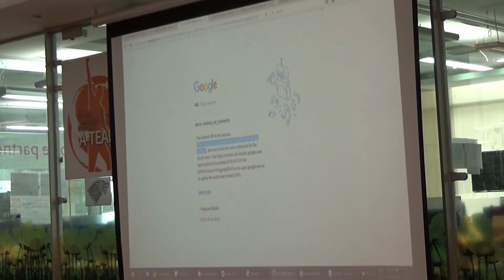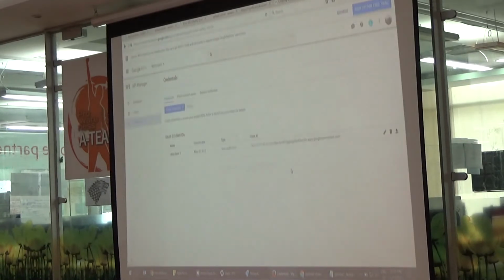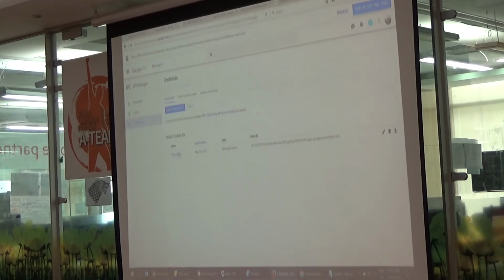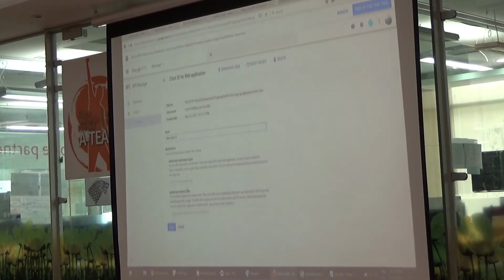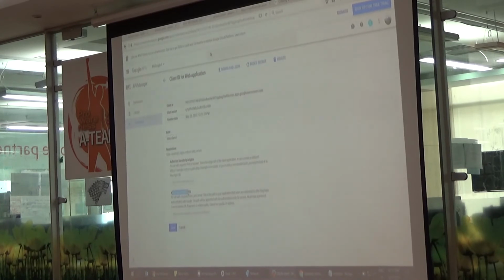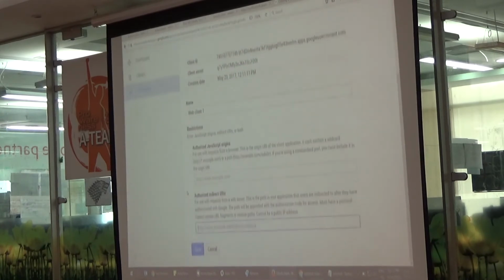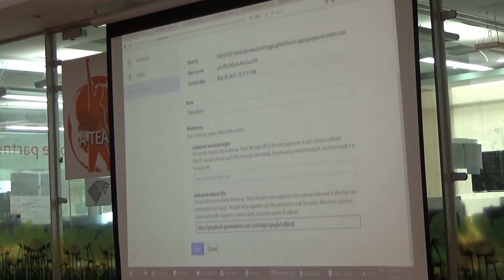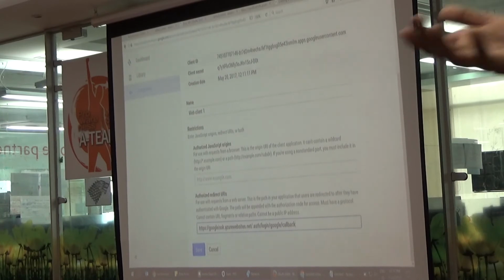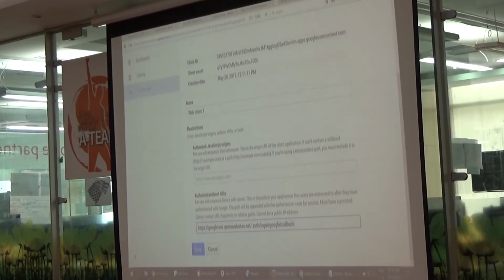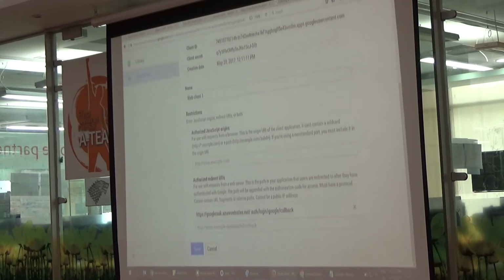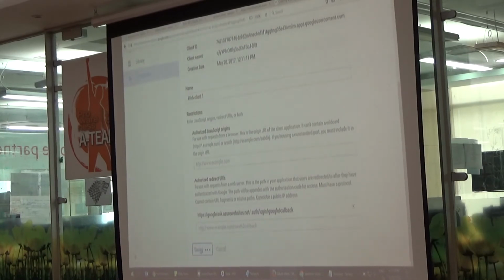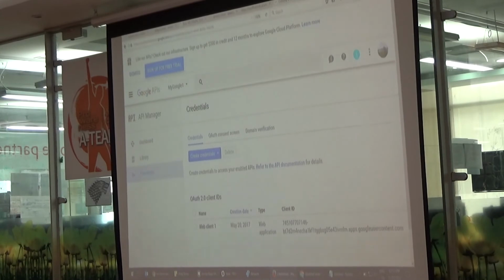And then go back to Google. This was a web client we just now created with the default name. And we did notice these two text boxes. There is a text box here called redirect URL. Maybe I can just zoom in a bit. Authorized redirect URL. So this is where we are supposed to put it. This is for Google. We have to tell Google where to redirect after logging in. Right? So that's all. Just save this. Again, you have to click save twice. That's the UI. Okay, let's go back, try again.